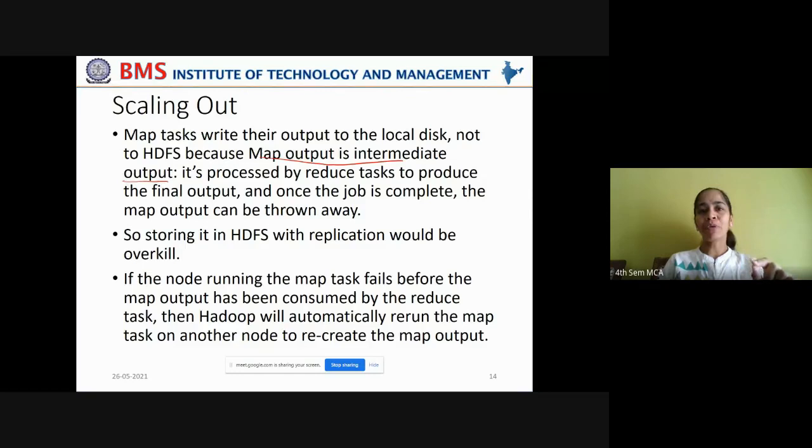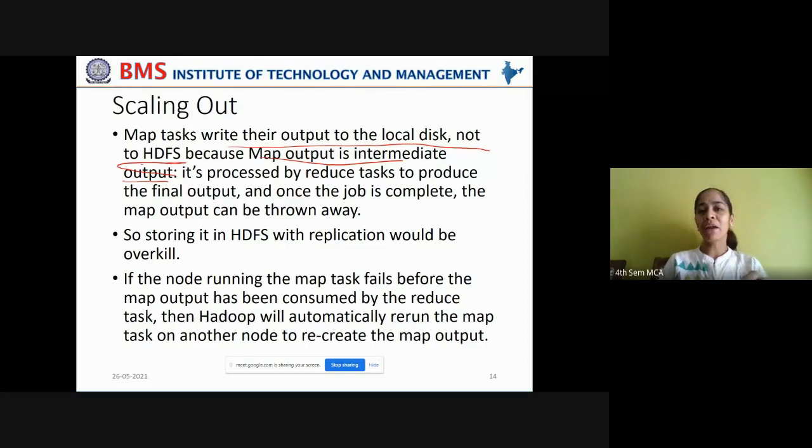Map task output is not utilized anywhere other than the reduce task's input. So this map task output is not stored anywhere, but it is just grouped, shuffled and transferred onto the reduce task as input. So map tasks write their output to the local disk, not to HDFS. Remember, it is not written to the HDFS cluster. It is not written to any file on the HDFS cluster.